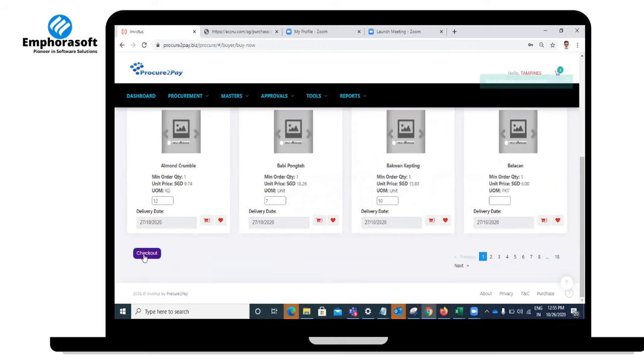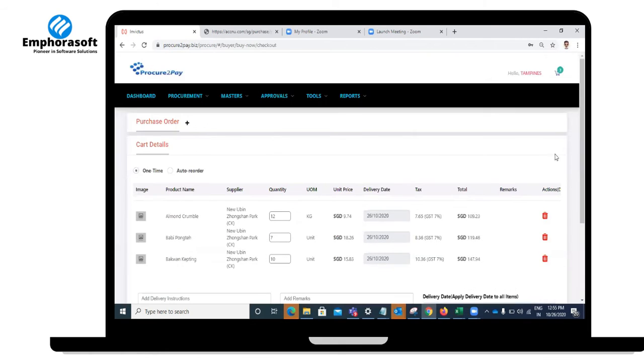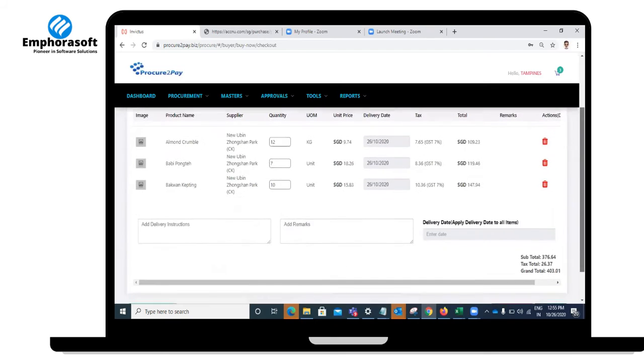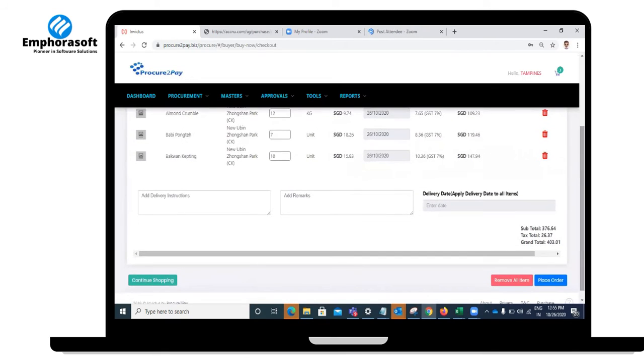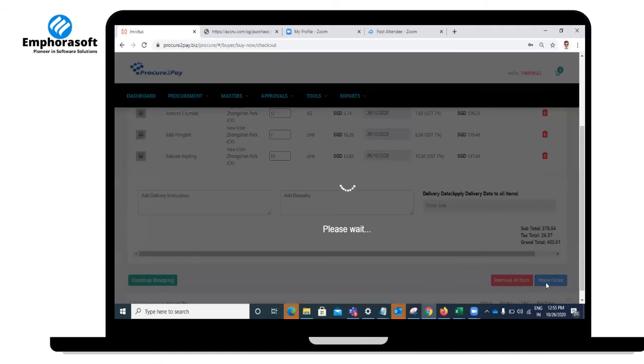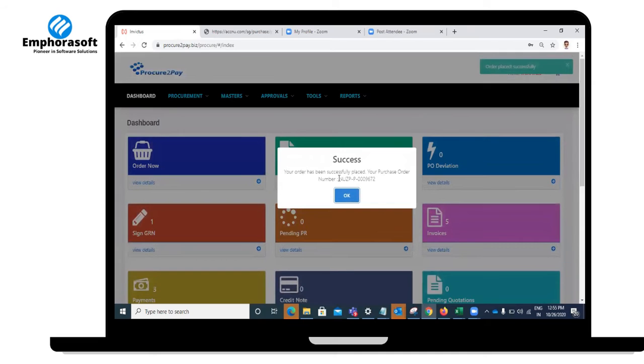Checking out the order, once the order has been created with items and everything, we place it. Now an order has been placed to the supplier. This is the order number.